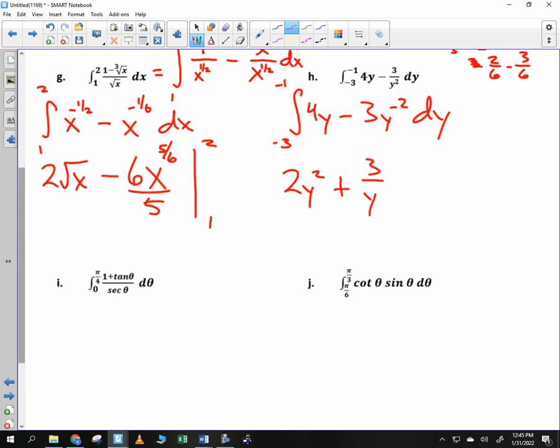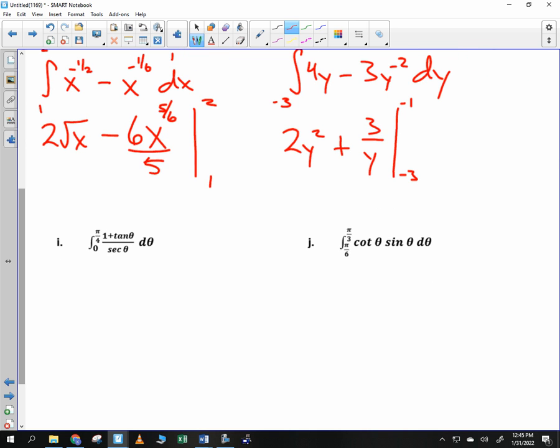If you need to convince yourself, go ahead and write it out, add 1, and divide by the new exponent. That is what you'll get. I plug in negative 1. I plug in negative 3. This one should work out quite nicely, shouldn't it? Yep. If I plug in negative 1, I get 2 minus 3